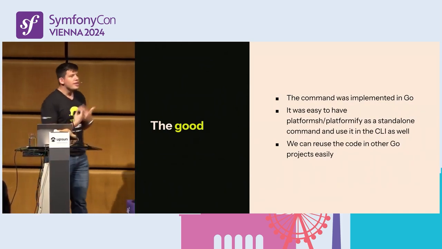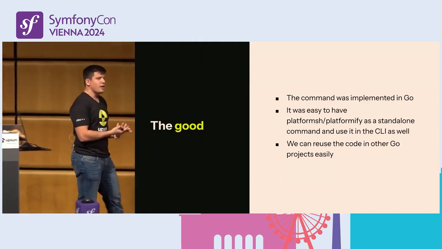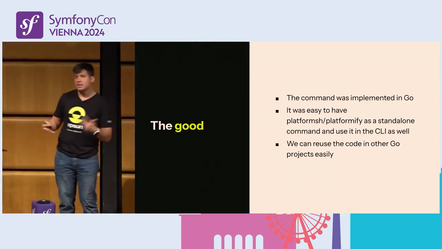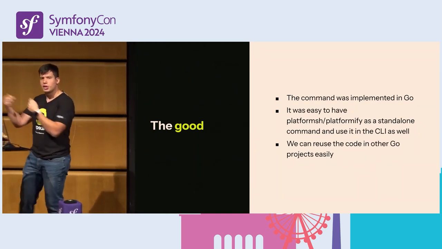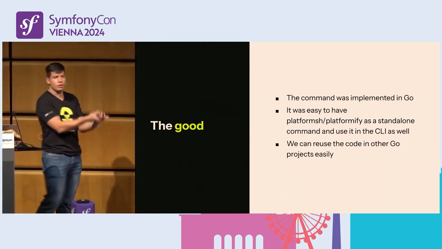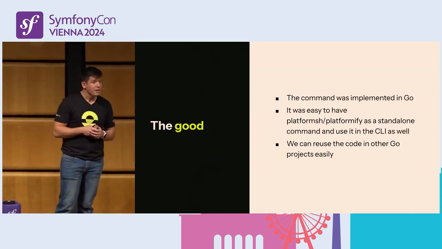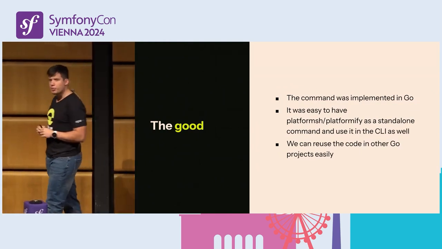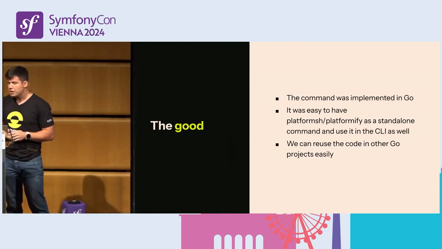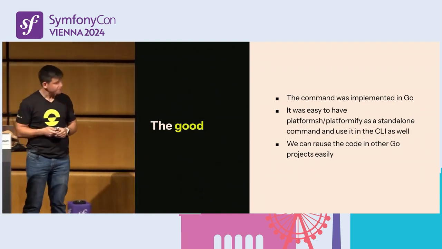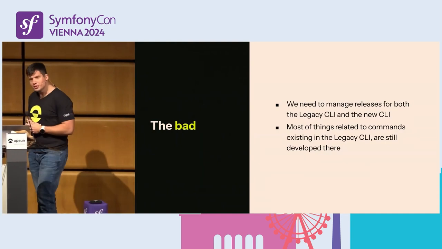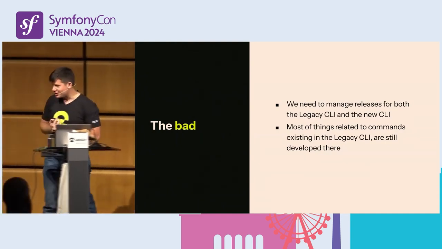And of course, we can reuse the code from the Go CLI in other places. Let's say that we slowly build an SDK in Go. You can easily use this Go SDK in your projects to interface with our API. So all this interoperability, especially with Go, which works just with the GitHub repository, was very handy for us. And it made sense after all. But of course, not everything is good.